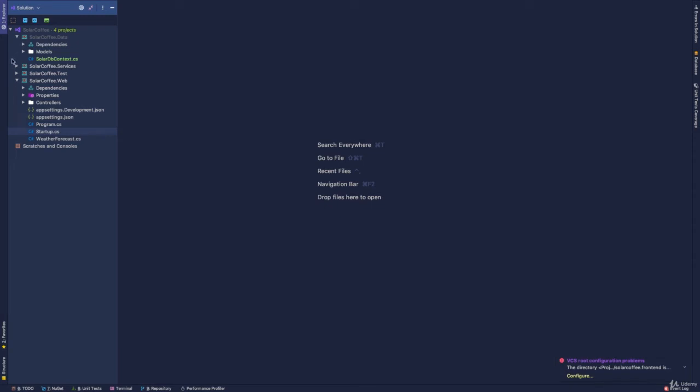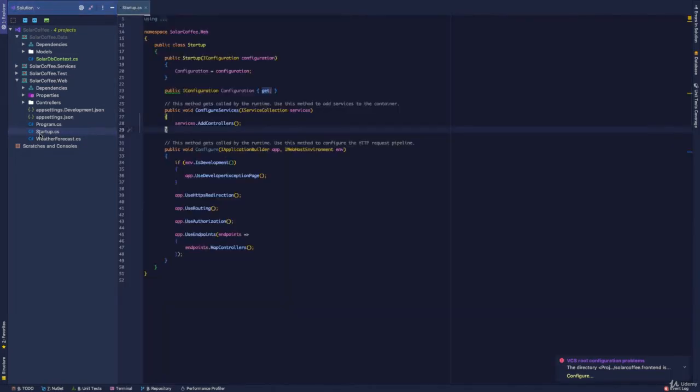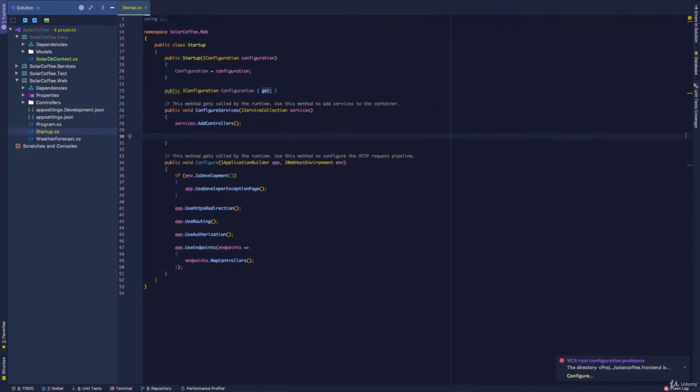All right, what we're going to do now is in our solarcoffee.web project, we'll head down into our startup class, and then we're going to make some changes to our configure services method to actually set up our DB context that we've been working on in the data layer to connect to the Postgres database that we'd like to use for this particular project. So we already have services.addControllers in our configure services method, and now what I'm going to